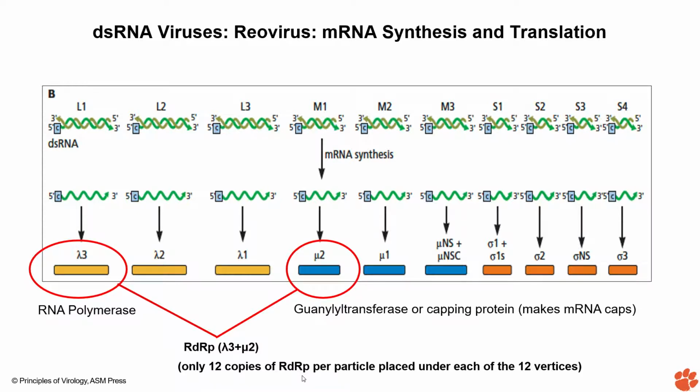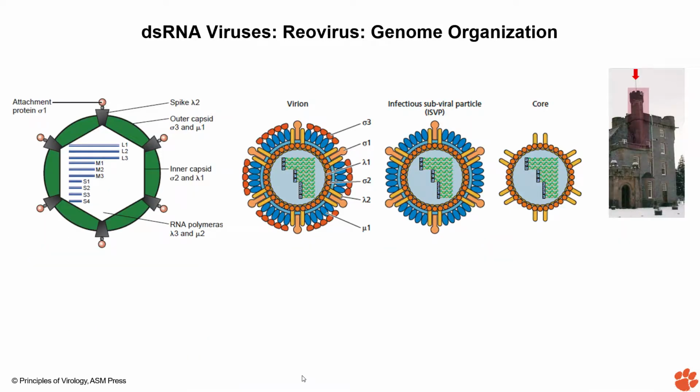If I ask that somebody reported that there are 14 double-stranded RNA segments in a reovirus, are you going to believe it? Probably not. Because the maximum number that can happen is that each one of them is under one of those 5-fold vertices. And in an icosahedron, you have 12 vertices. That number is constant. You cannot have more than that. That is the architecture of this virus as well. So that's a little bit of detail of the protein, how it happens.